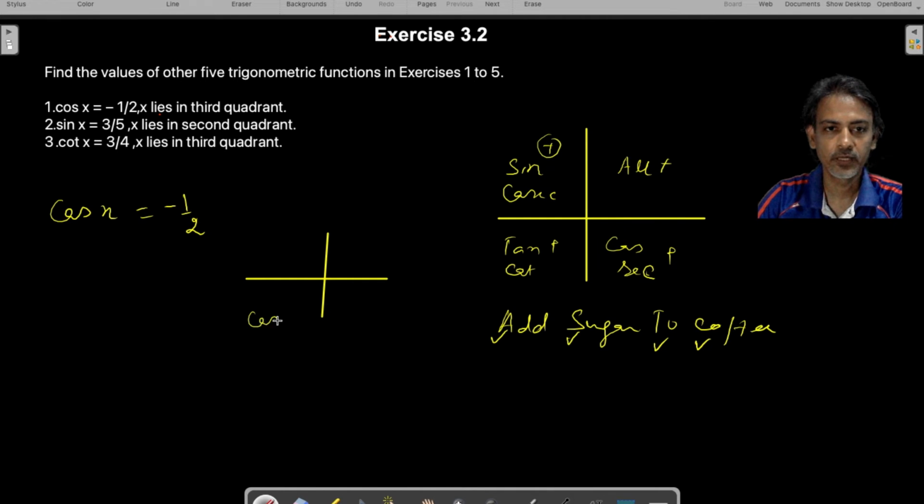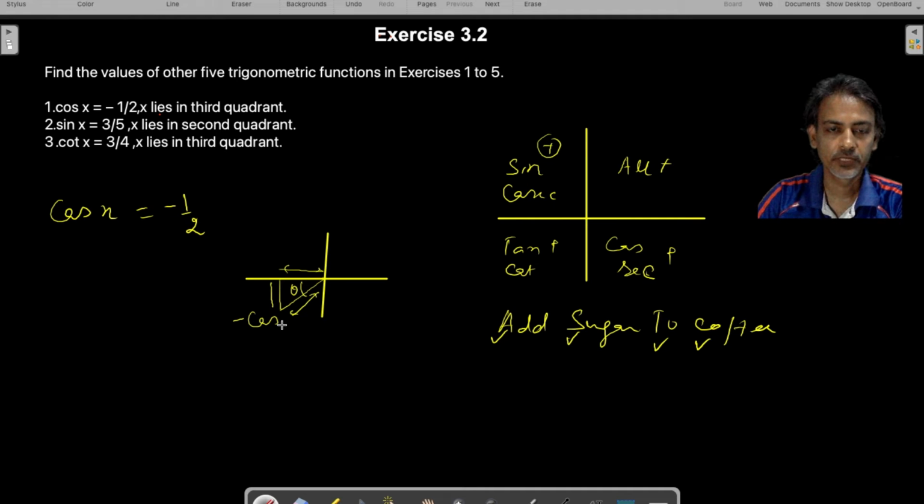Cos would be negative, of course, in the third quadrant. If you draw a line like this and theta like this, what cos theta is essentially telling you is that this divided by